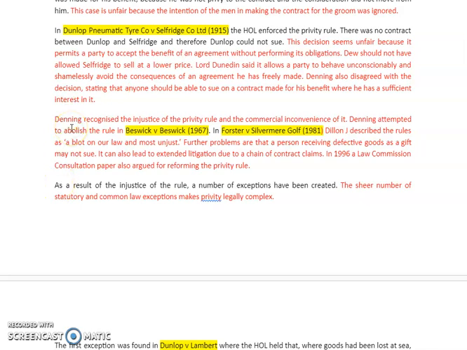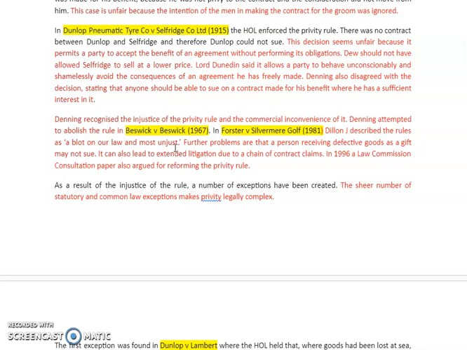So Denning being Denning, he wanted to do something about it. He recognised the injustice of the privity rule and the commercial inconvenience of it, and he did try to abolish the rule in Beswick and Beswick. In Forster and Silvermere, Dillon J described the rule as, and it's always nice to include a quote if you can, quote, a blot on our law and most unjust. So again, another judge referring back to the question, they seem to think that this rule is problematic